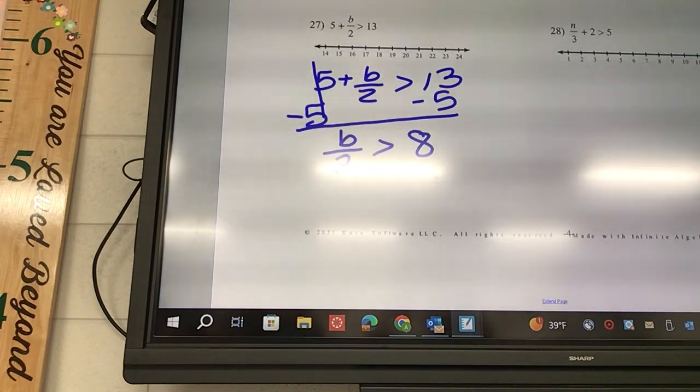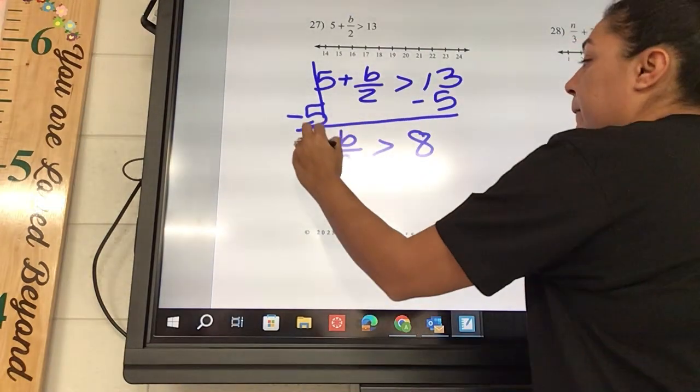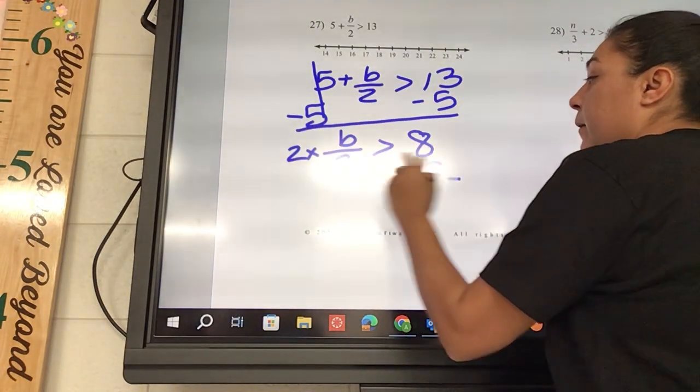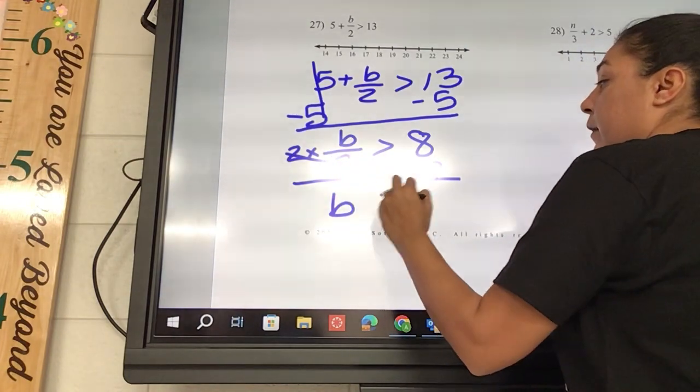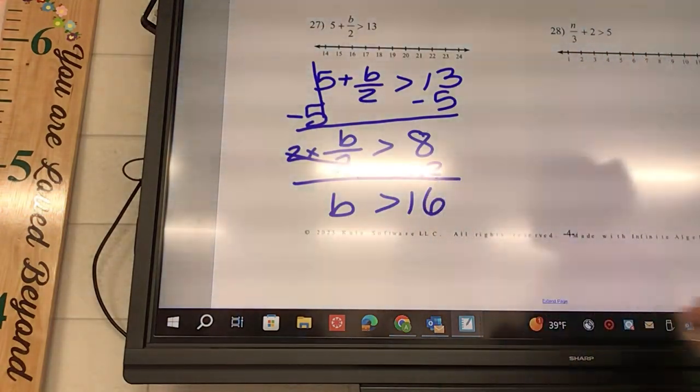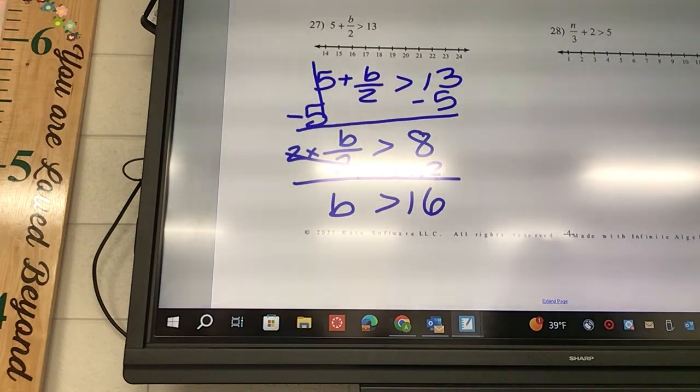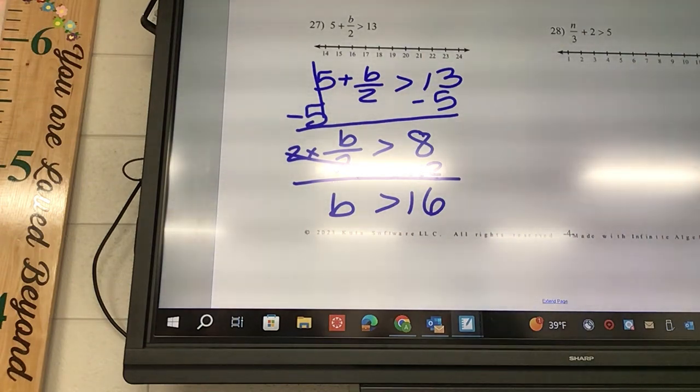Okay, and then how do I break up that couple? We're gonna times by 2. And so I'm gonna get 16. I was trying to figure this problem out, but I thought it was 18 instead of 8. Okay,